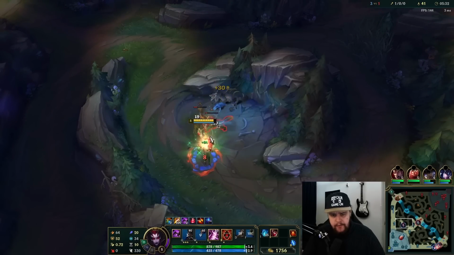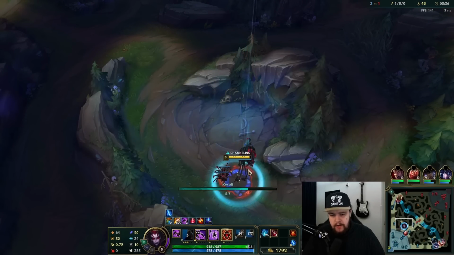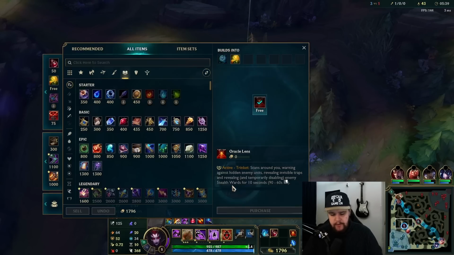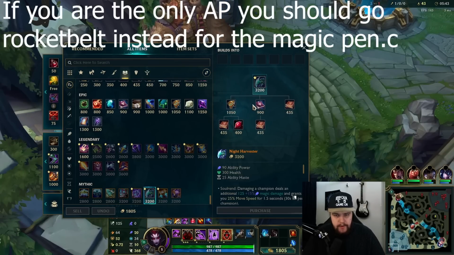Also, something to note, if you are out of spiderlings here, like they get killed, you just have to use human abilities to get them back. So that is something to keep in mind. Now, I am not the only AP on my team, so the item I'll be going for is this. But we'll be picking up the